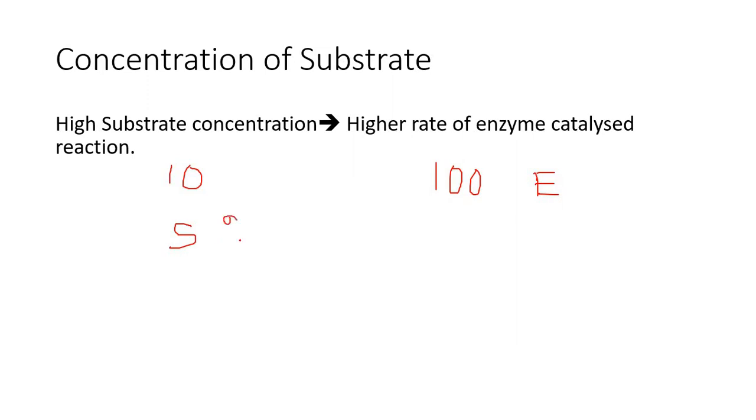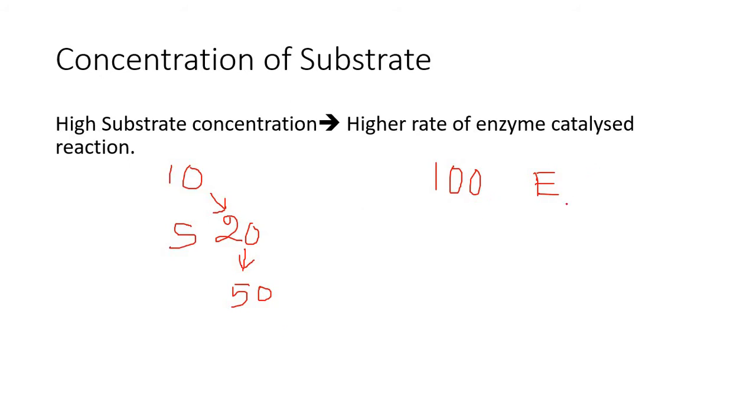Now you just increase the number of substrate molecules from 10 to 20. If we increase the concentration of substrate from 10 to 20, what will happen? We are giving more substrate. So there will still be competition, but the competition will be less compared to when it was 10 substrate. Now just go on increasing the amount of substrate from 20 to, say, 50 substrate molecules. With the same 100 enzyme molecules and 50 substrate, 50 enzyme molecules will bind the substrate,